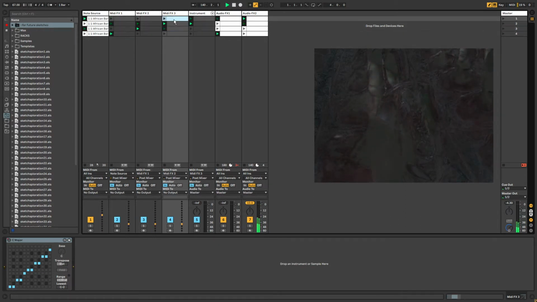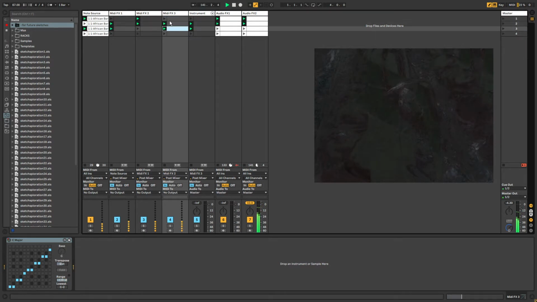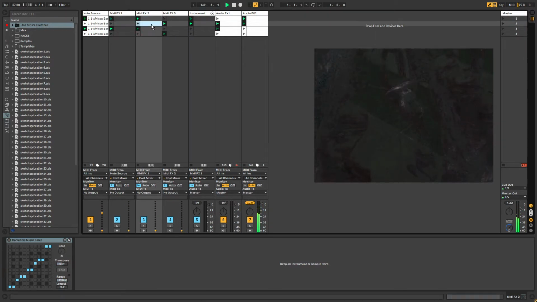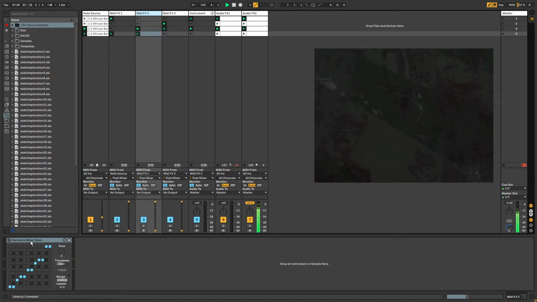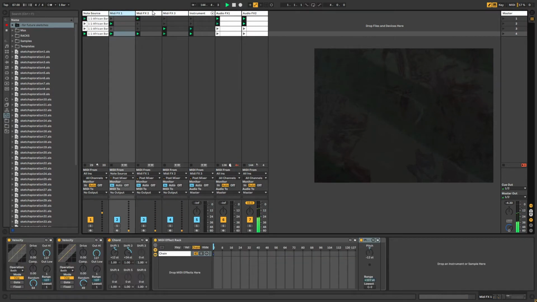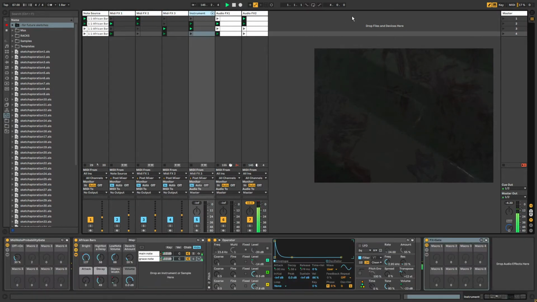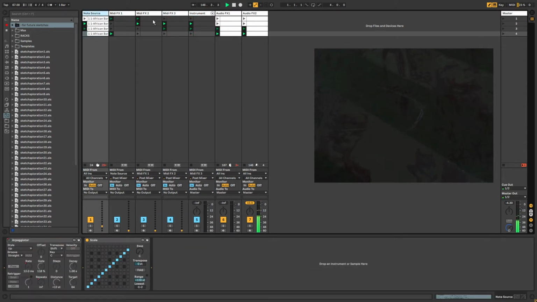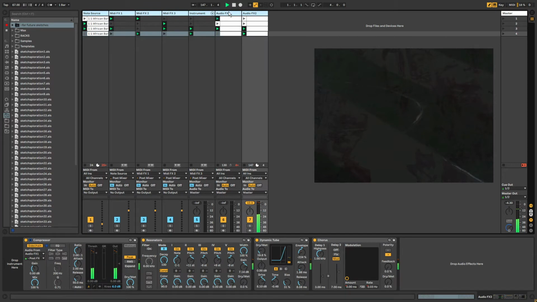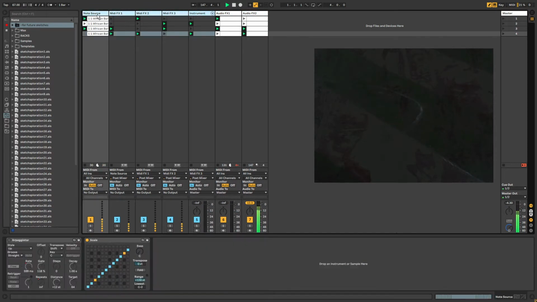These being a different set of clips and randomizing at their own pace, we'll see this one turning on independently on its own accord versus this one. So that's why you can split out these MIDI effects tracks as many as you want, as much as you have the stomach for. And of course we can just group this,